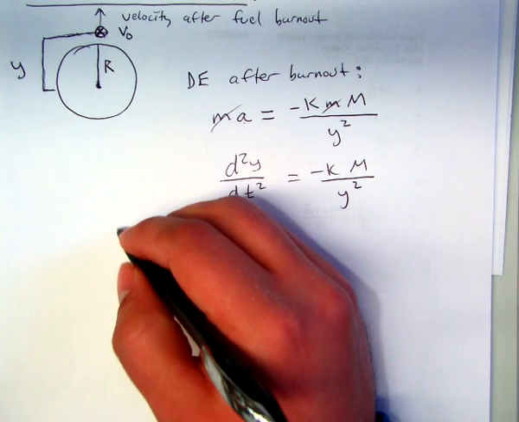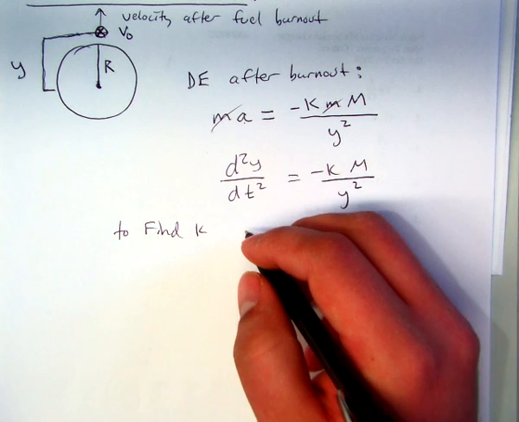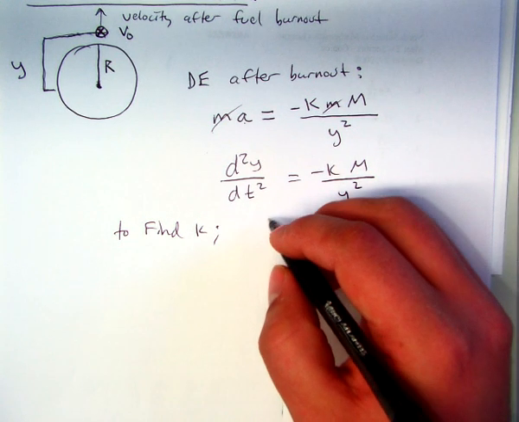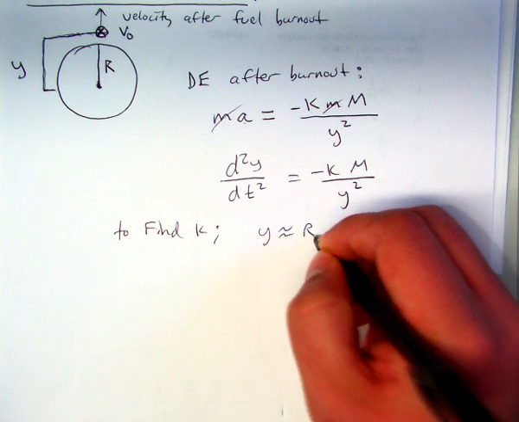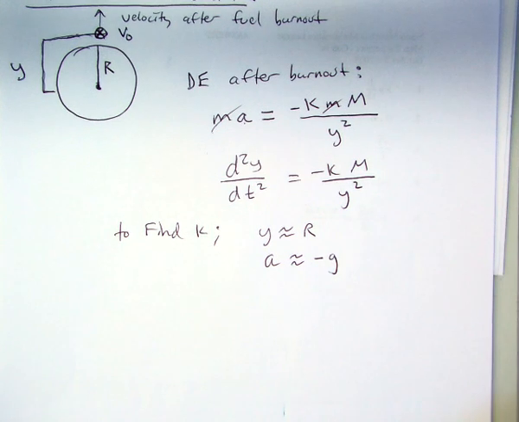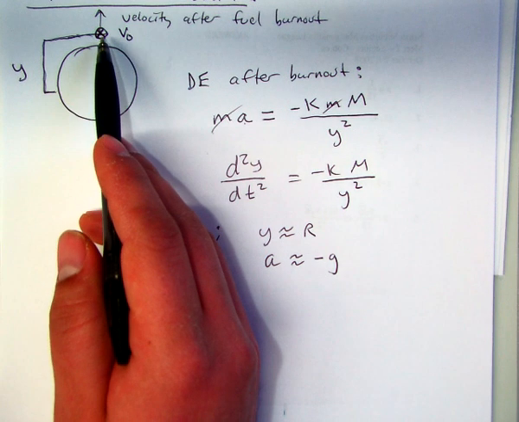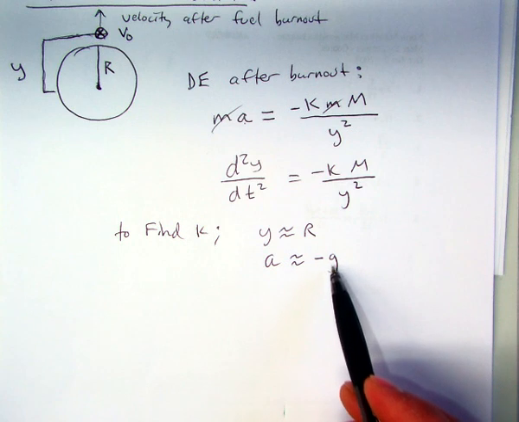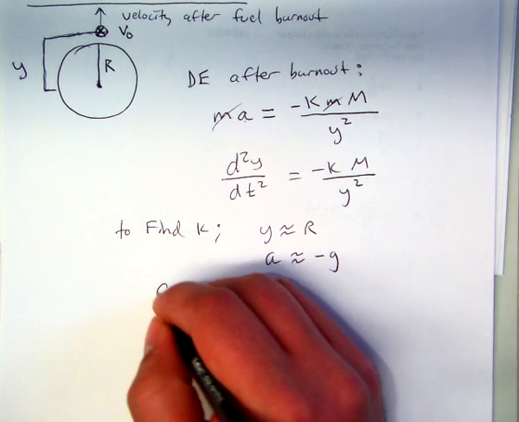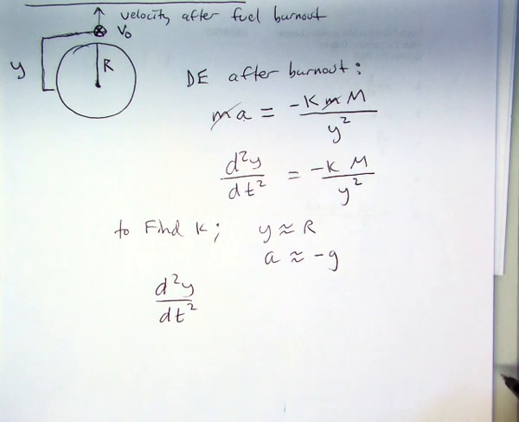All right, so now to find the constant, we can work with the fact that y is going to be close enough to r that a is going to be approximately minus g, which if we're in feet, 32 feet per second squared. If we're doing meters, negative 9.8 meters per second squared. But the idea is that we're not far enough here that we're going to differ too much from the gravitational pull of the Earth, so we're going to work with this assumption. And now if we plug this in, we get d squared y over dt squared